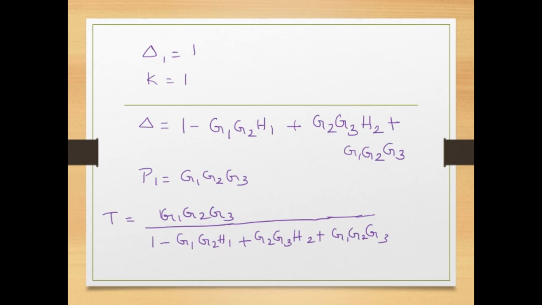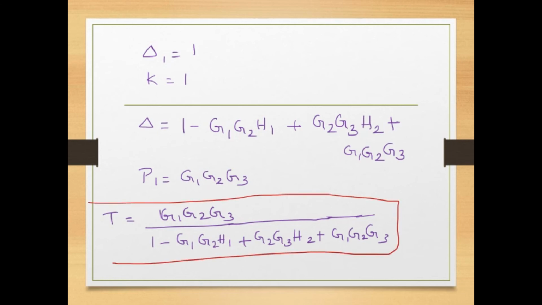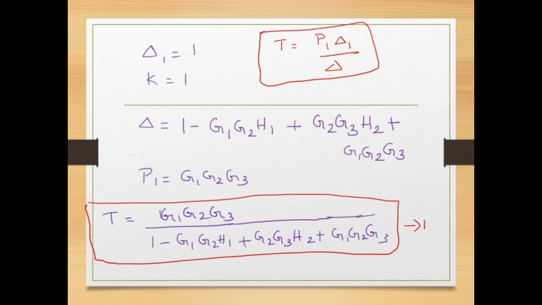So this is our transfer function. When you have only one forward path, it is very easy to determine the given transfer function. So Mason's gain formula, T is equal to P1 delta 1 divided by delta for this particular problem. Using that, this is the transfer function we have obtained, which is nothing but C of S by R of S. Compared to the block diagram reduction method, this is somewhat easier because we can directly use Mason's gain formula and obtain the transfer function for the given system.